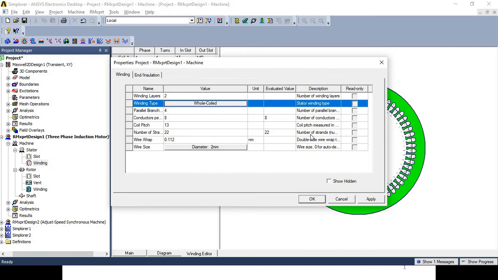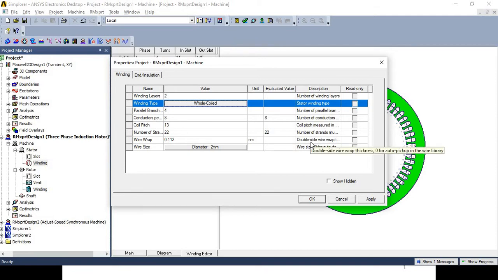What is the meaning of number of strands? Actually, you can select the conductor for the winding, which will be a single conductor, or one conductor which consists of a different number of wires. Here we had considered the standard conductor, whose one conductor consists of 22 wires. But if you are unable to calculate this part, you can select the value 0 for the auto design.